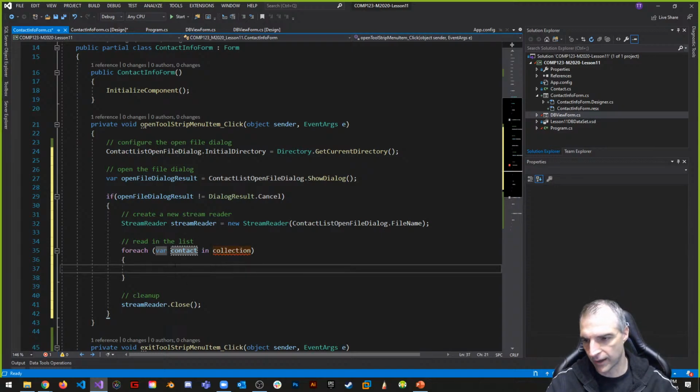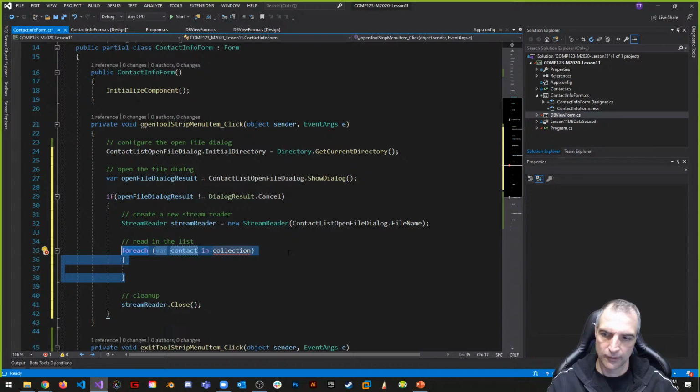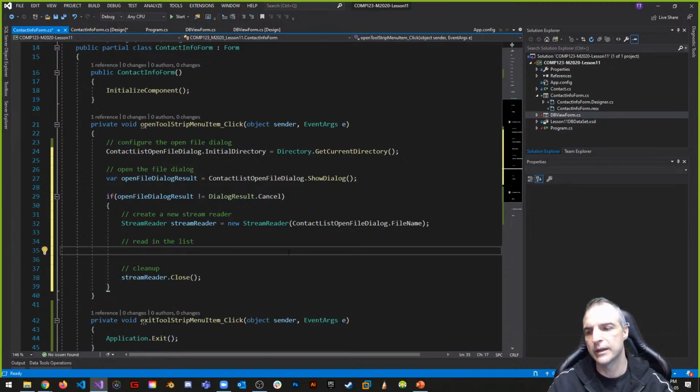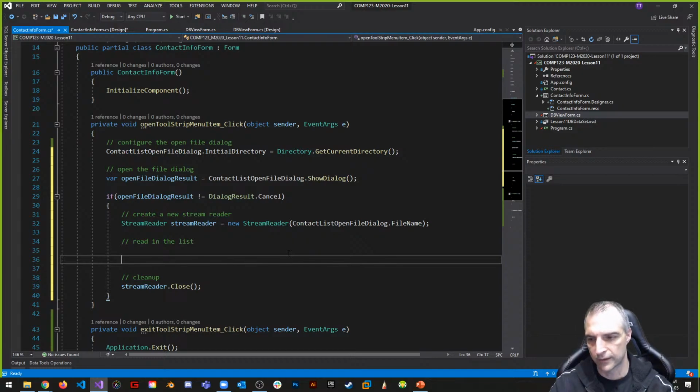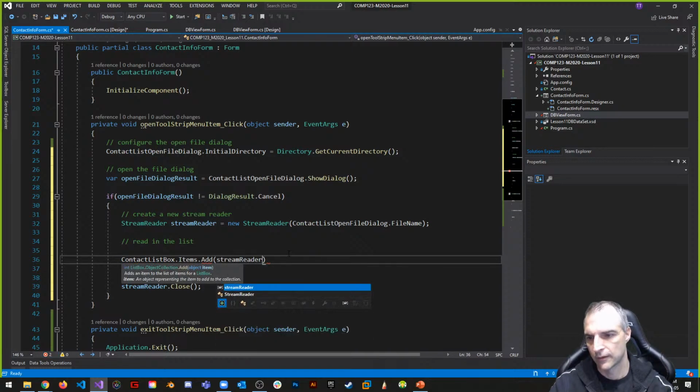This is something we're going to have to handle, because I want to read more than one object from my file. So I want to use my stream reader and let's read in one. The way it would read in one is we want to say something like this: contact list box dot items dot add, and I want to add in a thing from the stream reader. Stream reader dot